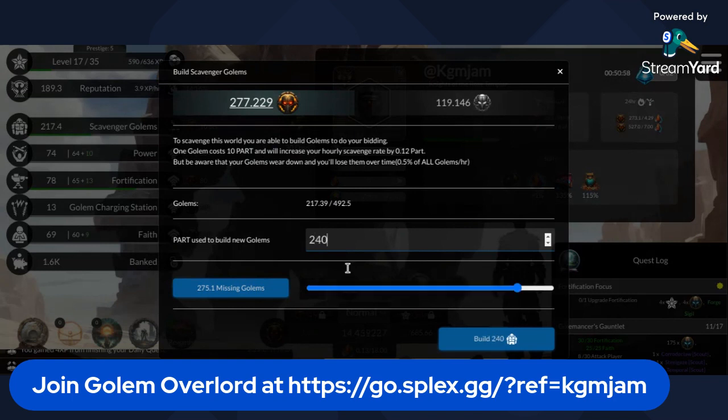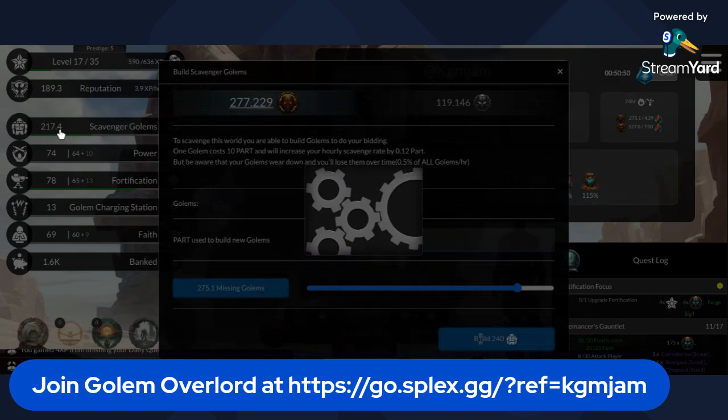So let's do 240. I like to do a little bit more because that way every time I claim and then burn, I'm a little bit ahead of where I was last time, which means I'm allowed to get more and more parts. Everything's interconnected. Everything affects. Now the daily quest, while we're waiting for this to spin,